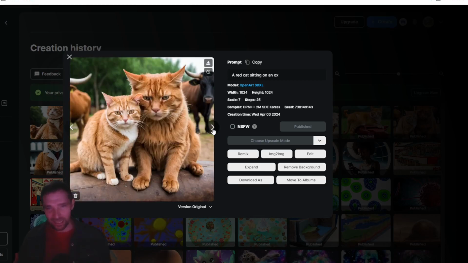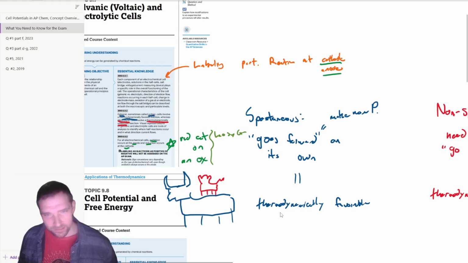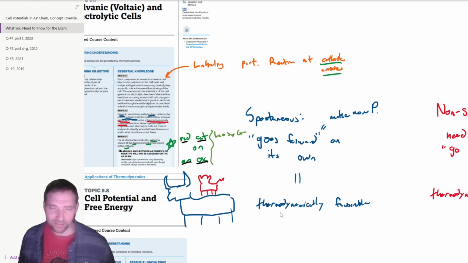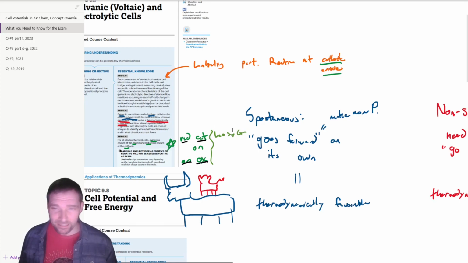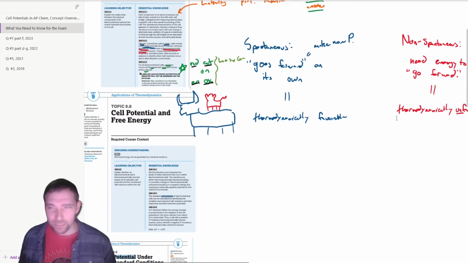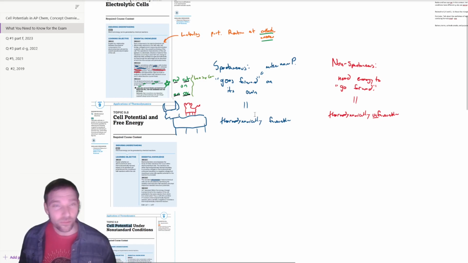remember that a red cat sits on an ox, and that's like reduction goes with the cathode. And so yeah, we're basically saying reduction is with the cathode and the oxidation is with the anode. So that's the red cat an ox trick to help you remember that. So that's kind of important, but the big picture for me is that the thermodynamically favorable, this is going to